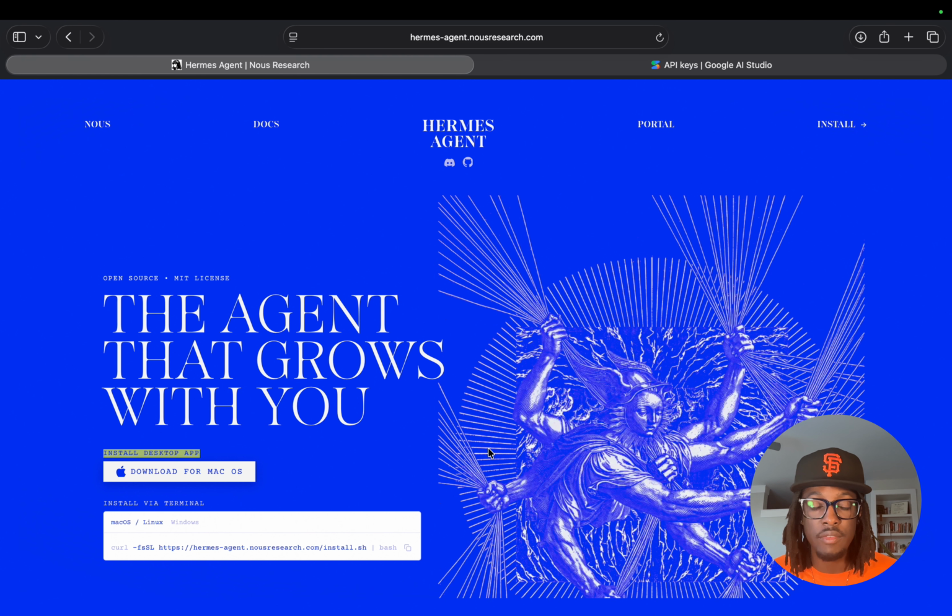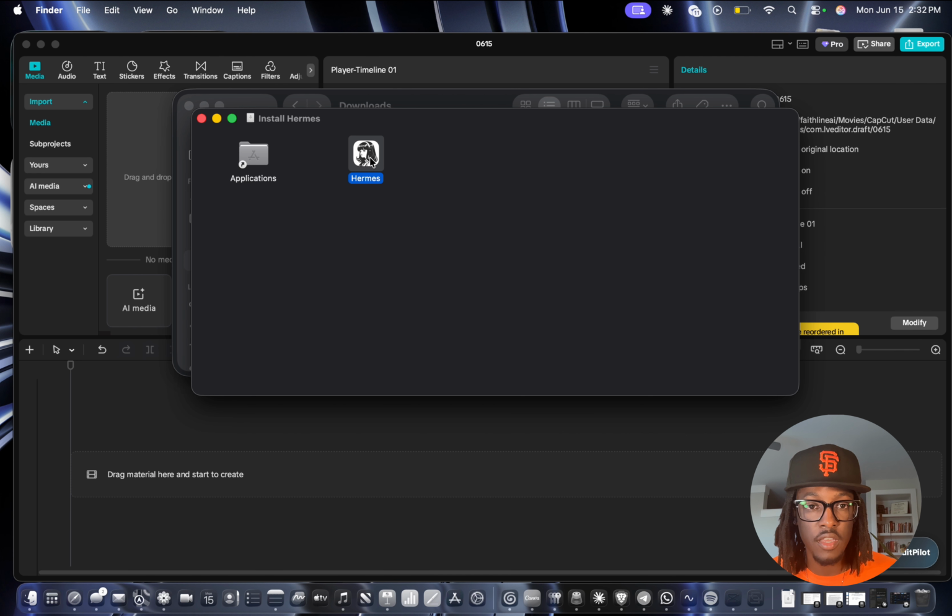Before, we had to do everything via the terminal. You had to be a little bit tech savvy to do all of that. They keep reworking things and making it easier and easier for people, making it more accessible. So you can just click the button here. If you're on Windows or anything, it'll detect the device for you. So of course, you just get Hermes here, drag it over to applications,